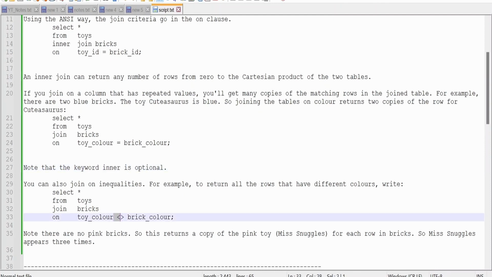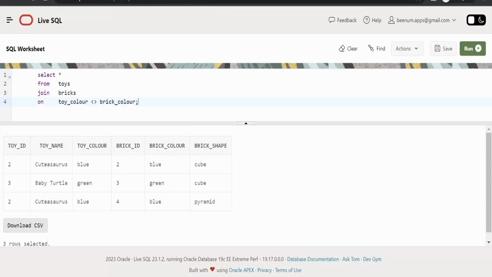Also, you can make use of the negation, that is inequalities, and match the records. Here in this case, we are selecting all the records from the toys table and the bricks table where the color doesn't match. Now let me just copy this. So if you have observed, there are no pink bricks. So this will return a copy of pink bricks for Miss Nuggles for each row in the bricks. Now if we run this,